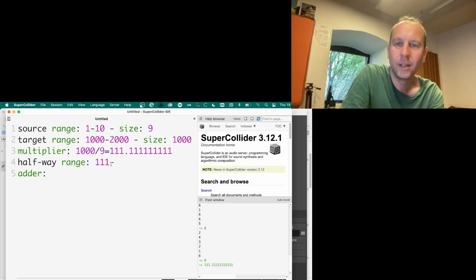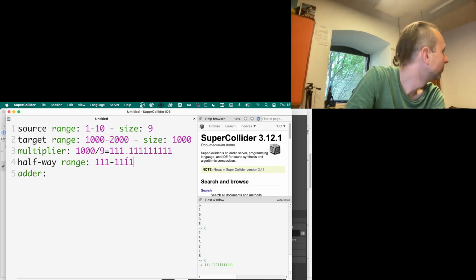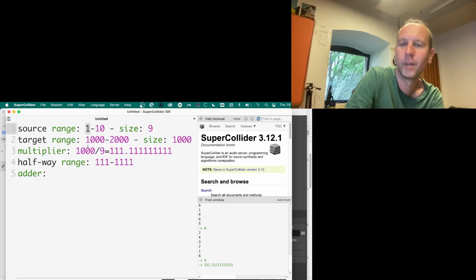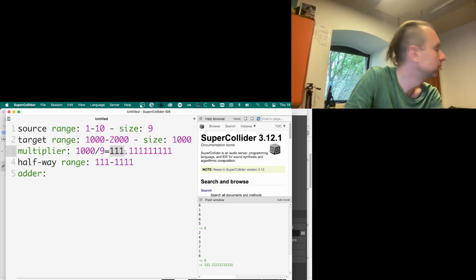And my top, maximum, source maximum, is 10 times this, which will be 1111. Again, I've truncated, right? So what I've done is I've taken the source minimum times the multiplier.